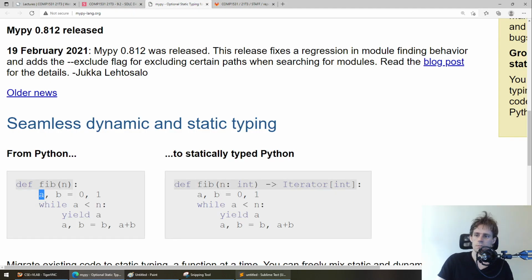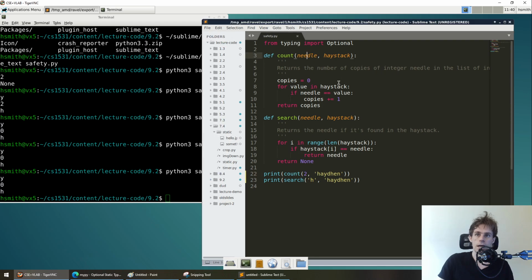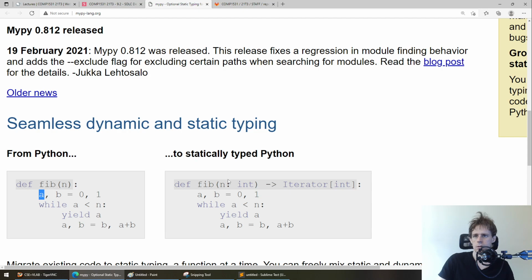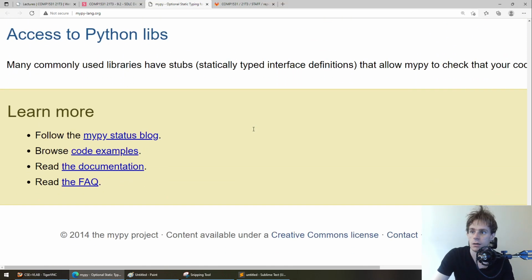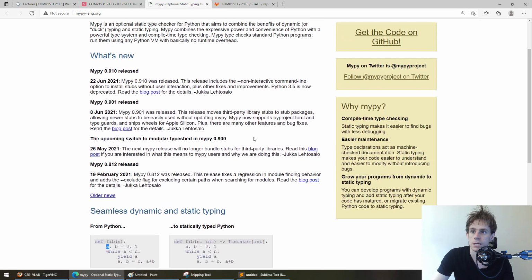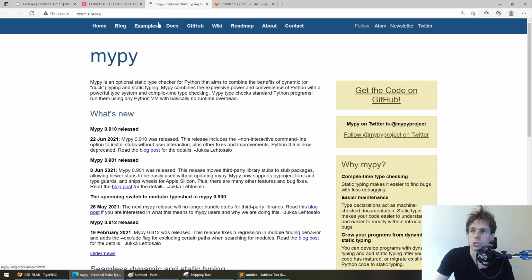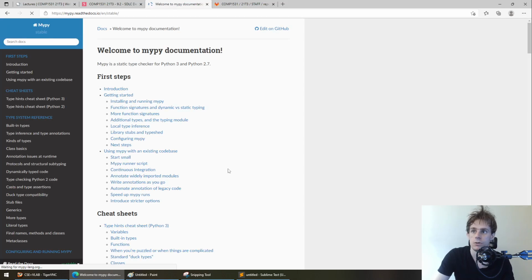So what we can say is that, here in my count function, do I have to import typing? Yeah, I think you have to, or you don't have to import typing for this. So the way mypy works is that it interprets your Python code, but it expects some extra characters, I'm pretty sure. So if I get rid of that import for a second, what I can say here is that I expect my needle to be a character, which I think is char. Let's just look it up in the docs because I don't do this every day.